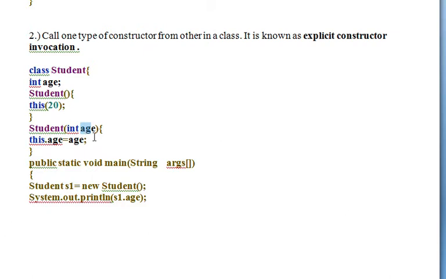Fine. Now this is a calling statement. Here the value is copied. Now the execution of this constructor will take place. In this.age, age is the instance variable and this age is the local variable. Now 20 was assigned, copied from here to this age. Now the instance variable will be assigned the value of 20 here.